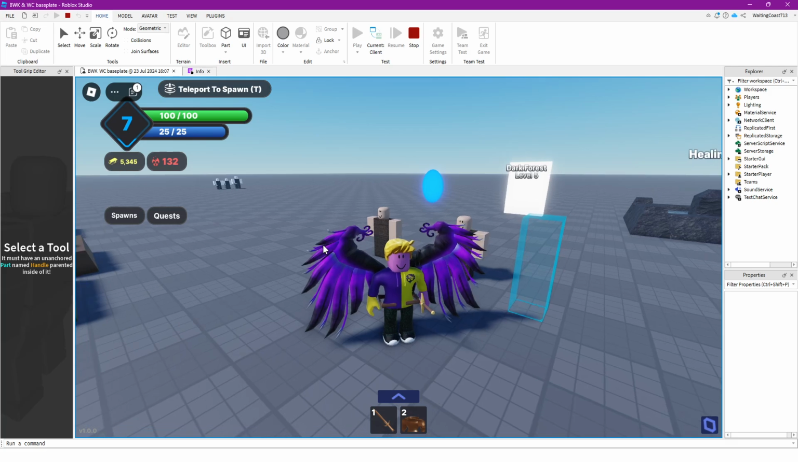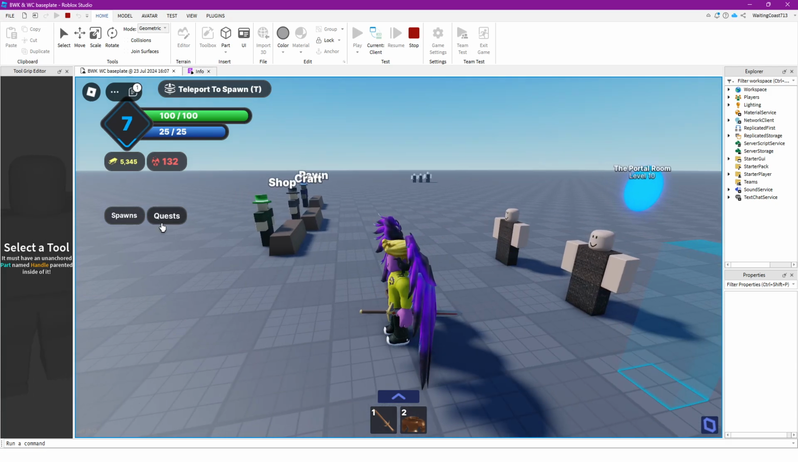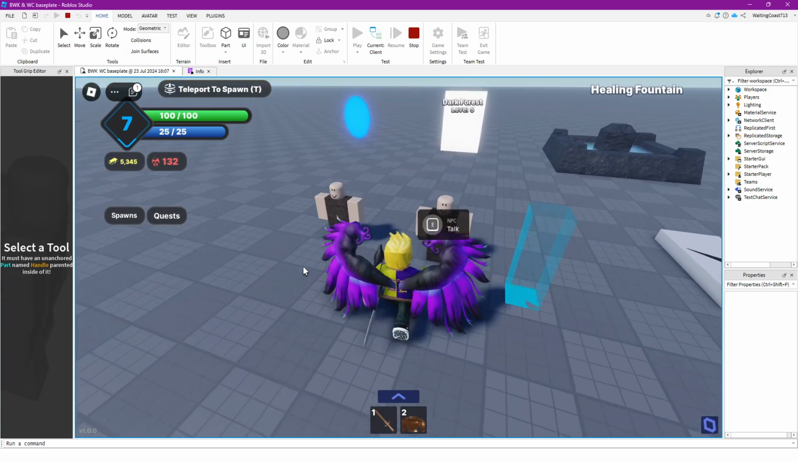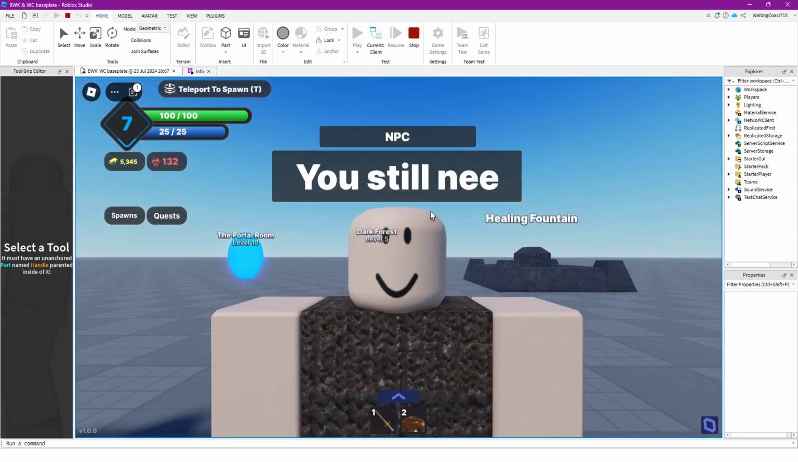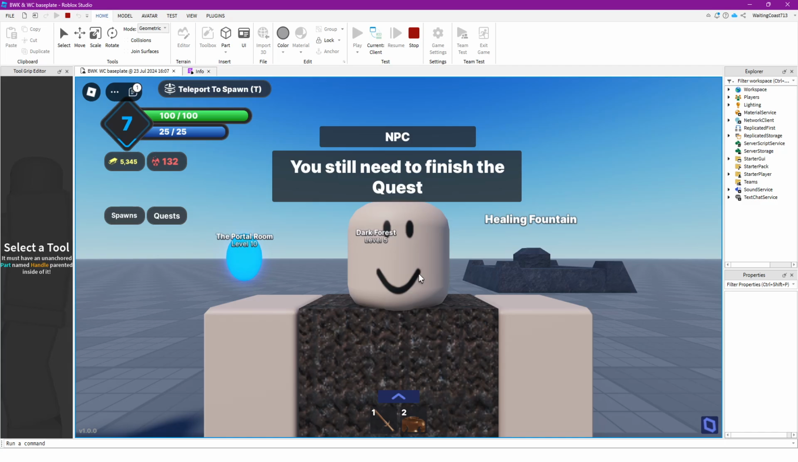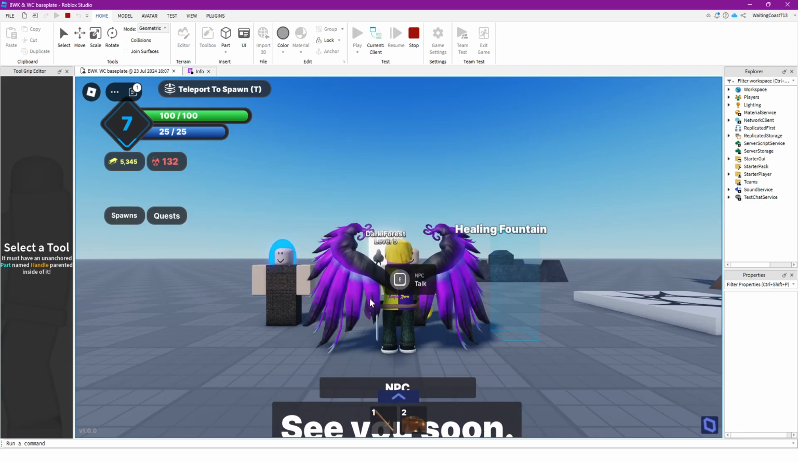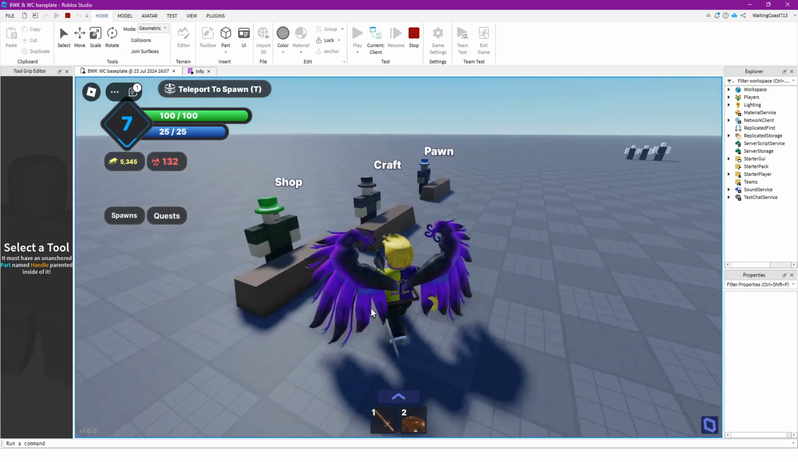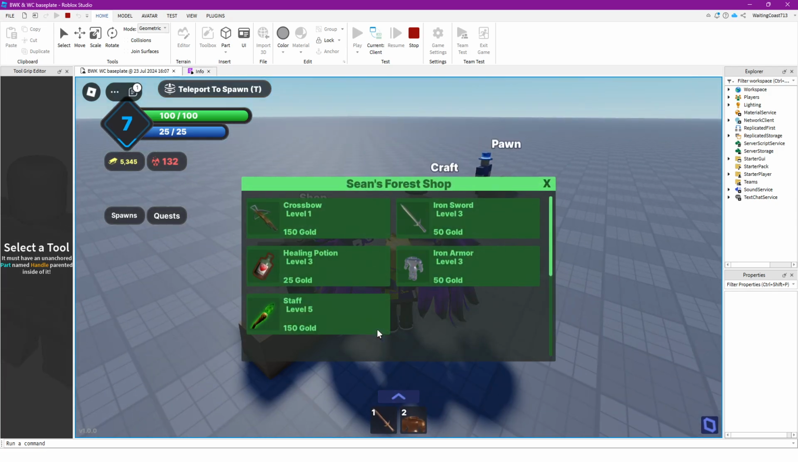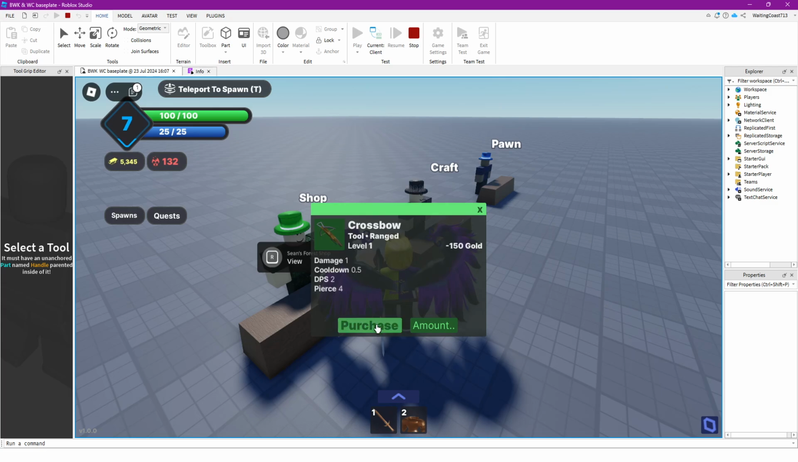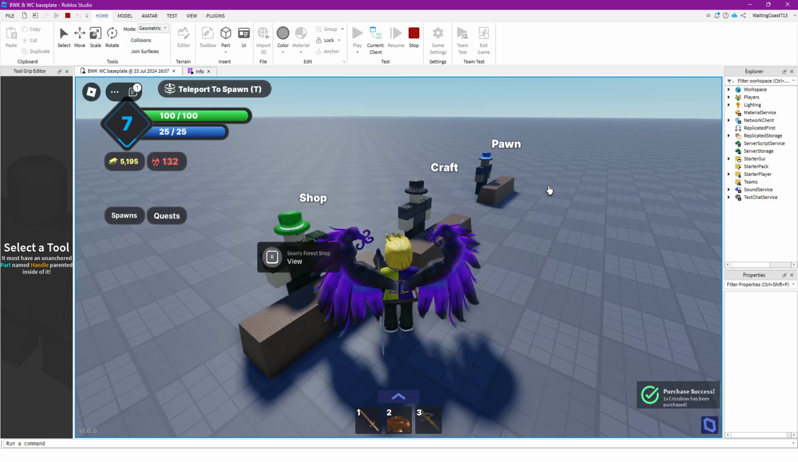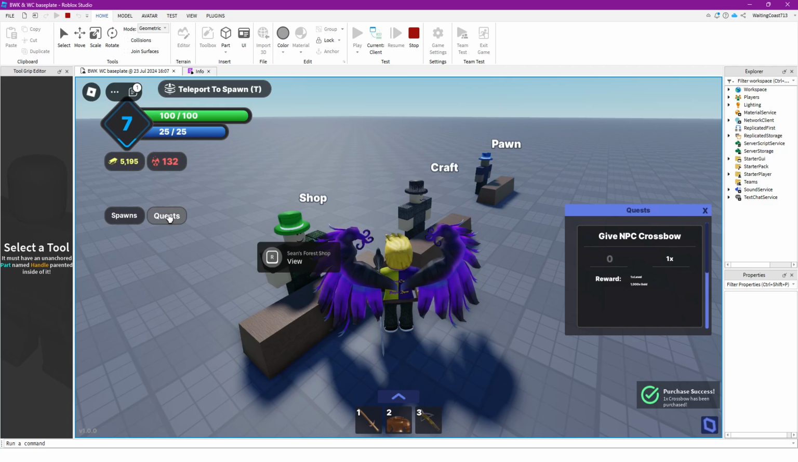And I'll have 6,345 gold. But see, it says 0, right? And so if I talk to him even, it says you still need to finish the quest. See you soon. So, what you do is then you have to obtain the weapon. So you buy the crossbow, right? Now that I have the crossbow, it's going to show up right here that,